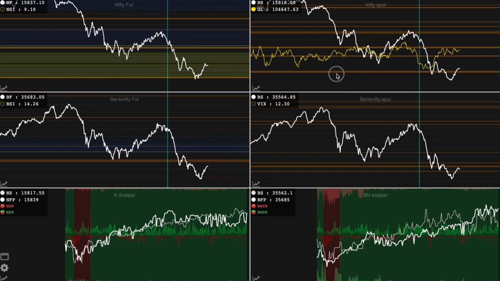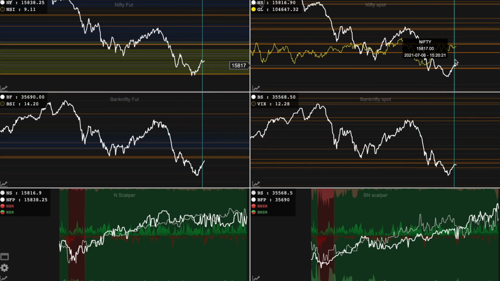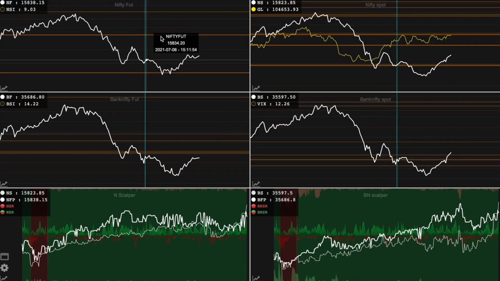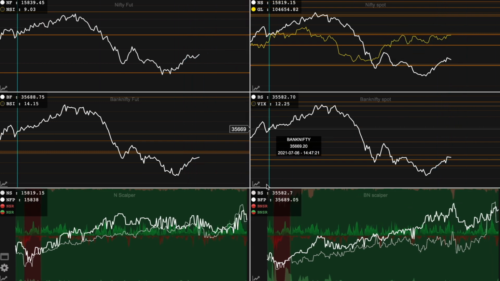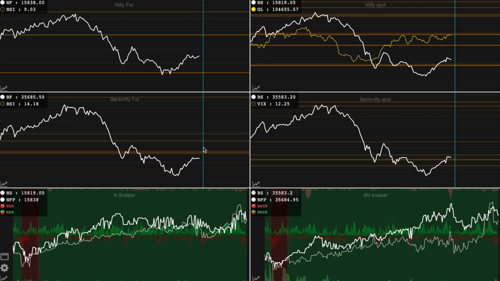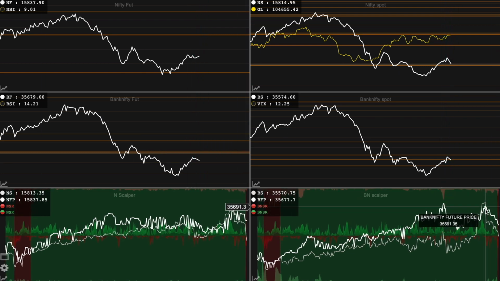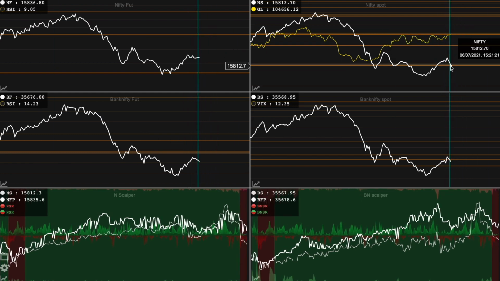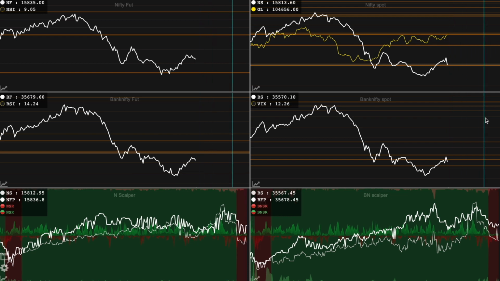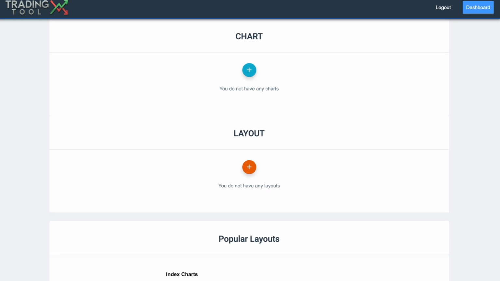So right now we can see the chart is looking clean and the market is bouncing clearly from this bottom support zone. Now we'll do a basic analysis. If you look at the Nifty spot, the resistance has been broken and the market is going up, but in the Bank Nifty future we have some resistance. The price is still below the resistance, and if you are getting a red color signal in the scalper tool, you just book your profit on longs. And this support also looks like it is breaking down, so it is in a bearish position as long as there is red in the scalper tool.